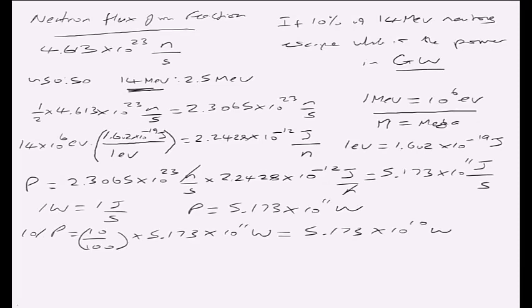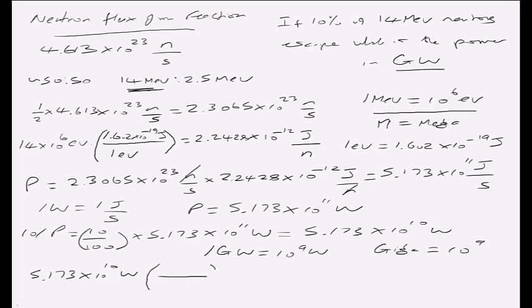And the final thing we need to do is convert this to gigawatts, and 1 gigawatt is equal to 10 to the 9 watts, because giga means 10 to the 9. And so we've got 5.173 times 10 to the 10 watts. And here's our conversion: 1 gigawatt is 10 to the 9 watts. So the watts cancel. We're left with a gigawatt unit, which becomes 51.73